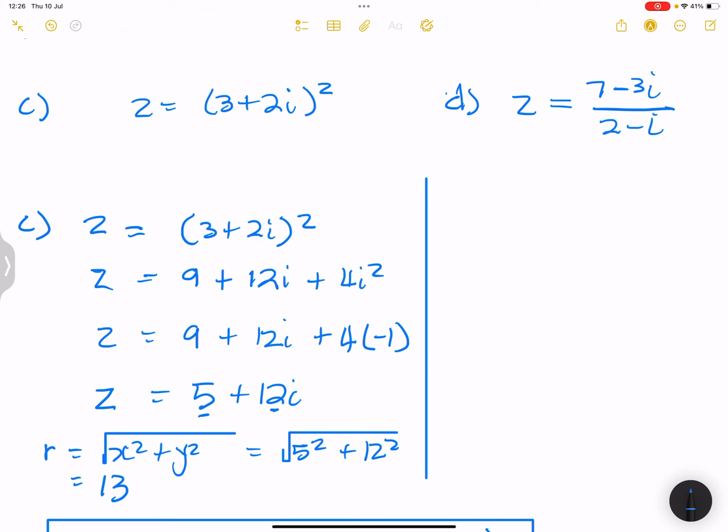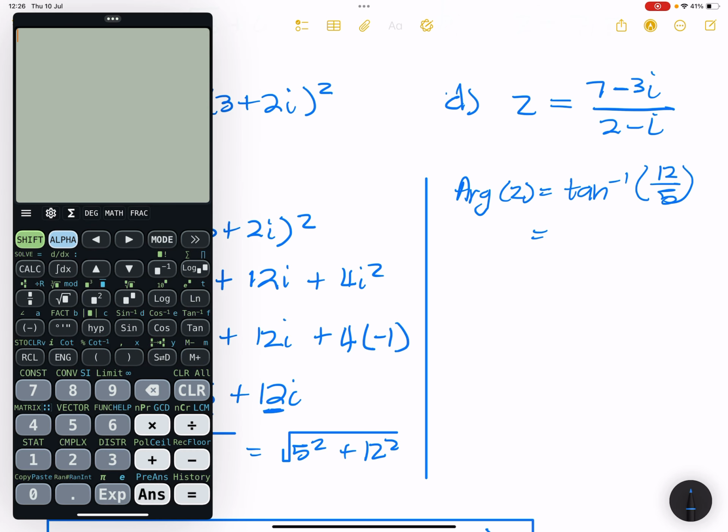And then we find the argument. That's arctan of y over x, that's 12 divided by 5. Let's shift tan, 12 divided by 5. We get 67.38